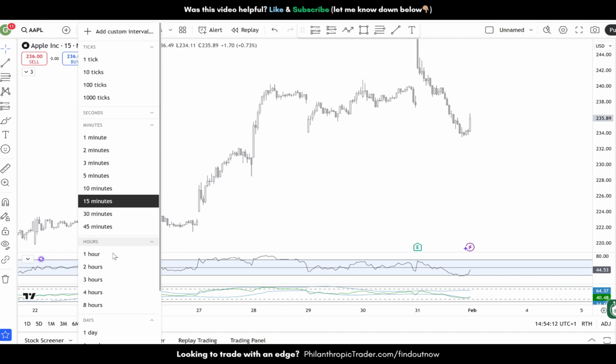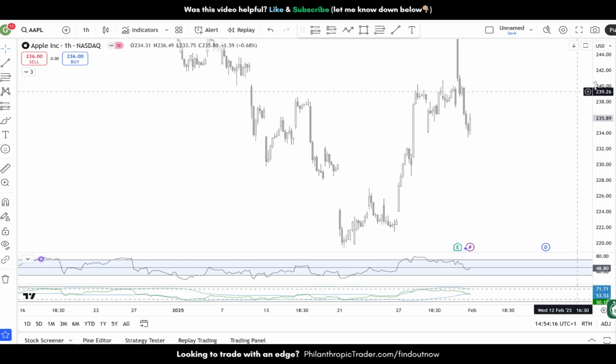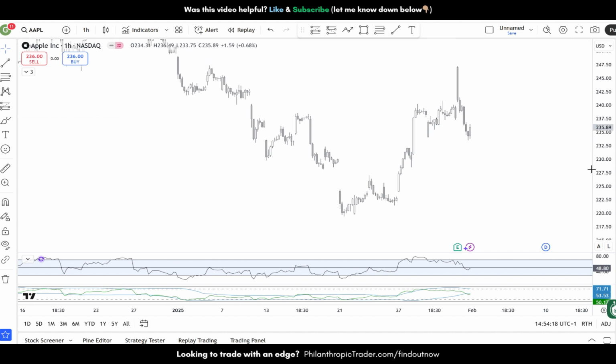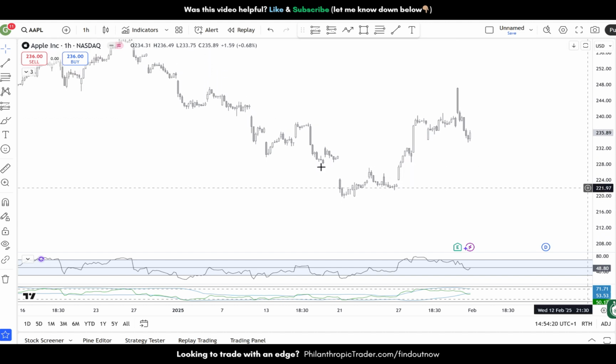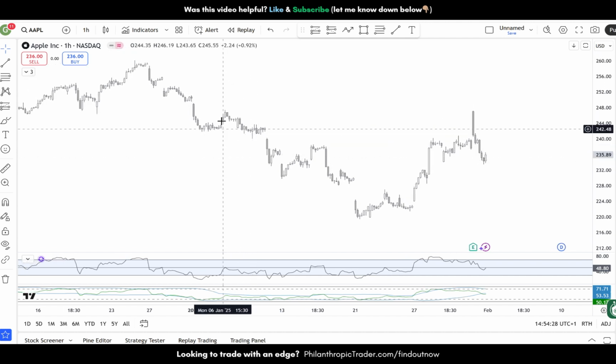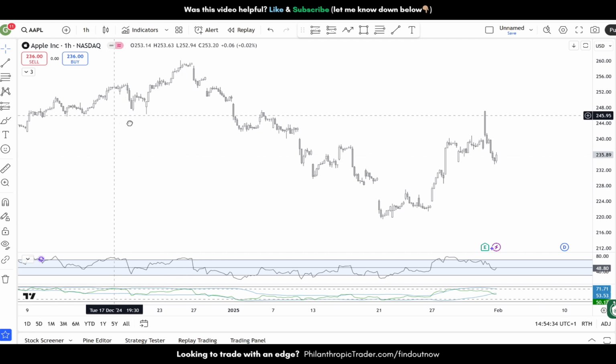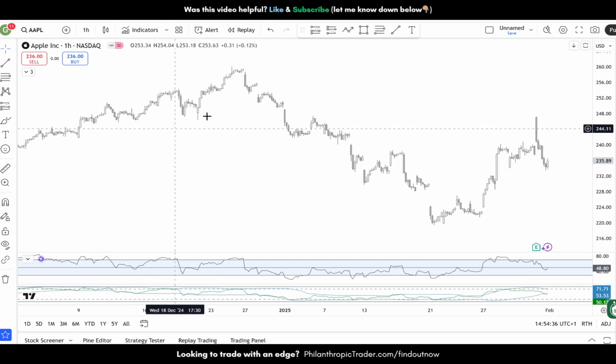Over here, the hourly or the 4 hour, maybe even the daily is also possible, but over here we see the hourly time frame. And what we do, we just stay in a trade for a few days or even weeks. For example, over here we have a nice uptrend, goes to the upside, then we see that it goes down